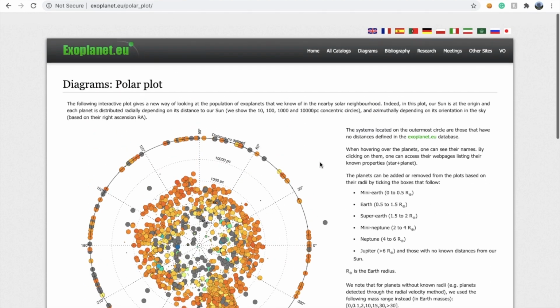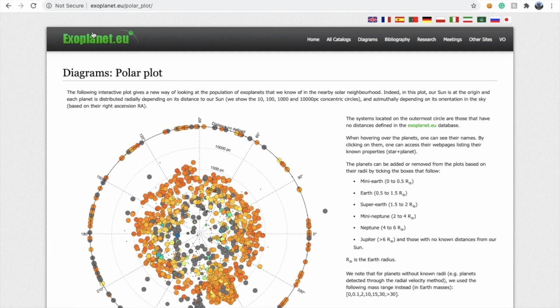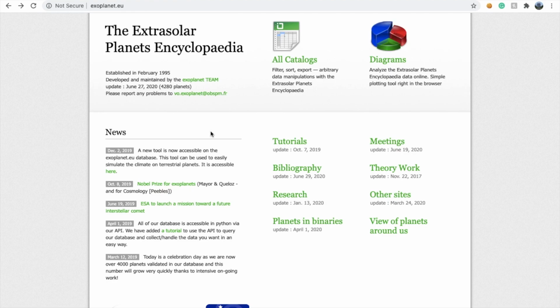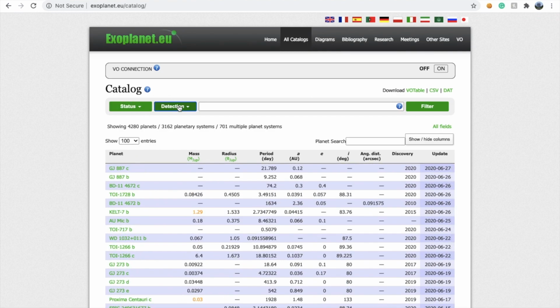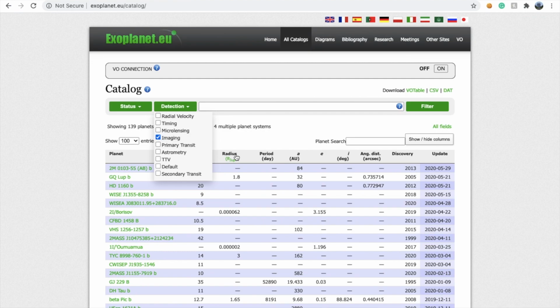There are many more interesting features, and you can access the data from all catalogs. Once you go there, you see all the planets out here. You can again use it for radial velocity and other features. You can see here if you want to find a particular planet detected by imaging, it shows you. But remember, it includes both planets as well as brown dwarfs, whereas the NASA Exoplanet Archive has an upper limit. So you will not get any planet which is more than 30 Jupiter mass.